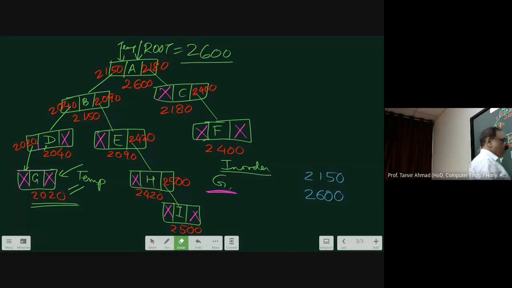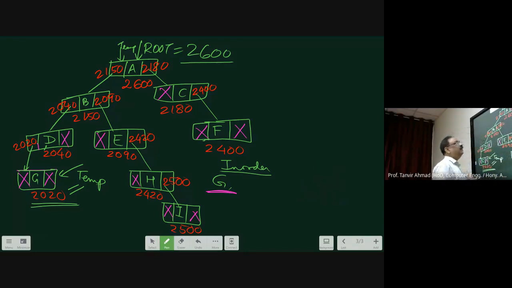Okay? Now one solution what is there is will be like this, that once you are going from A to B, you save this address. Then once you go from B to D, you save this address. Once you go from B to D to G, you save this address. And then you come to 2020, and then,